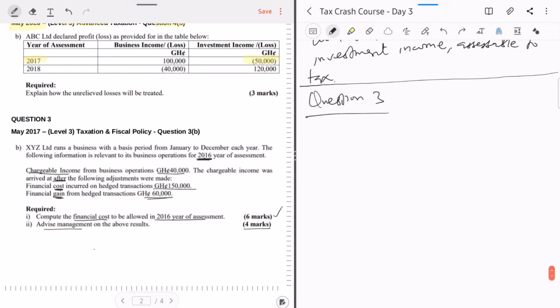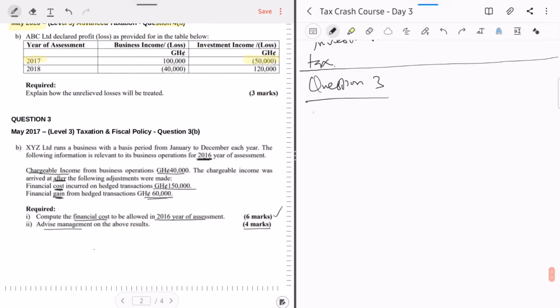So let me write this down in a formula for you to make your life easy. Finance cost limitation equals, the law says, shall not exceed the sum of two things. One, the financial gain derived by that person that is to be included in calculating the income of the person from the investment or business. So FCL, which is finance cost limitation, will equal finance gain. This is my formula. Shall not exceed the sum of the finance gain derived by the person and